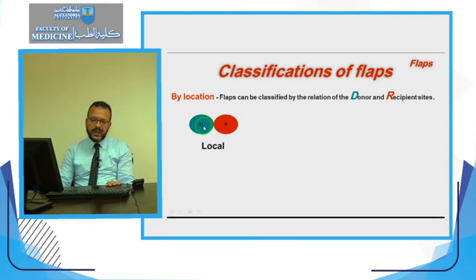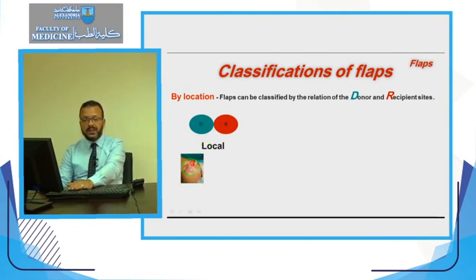So if we have the donor site and the recipient site both in the same anatomical region and they are in close vicinity to each other, so that one edge in between can be considered an edge of the donor site as well as an edge of the recipient site, in this situation, if we harvest the flap from here to cover this, it is called a local flap. Like here, this defect, a flap was harvested from the same anatomical region, from the face, and in close vicinity to the defect, so that one edge of the defect can be considered an edge of the flap and used to reconstruct the defect. This is called a local flap.